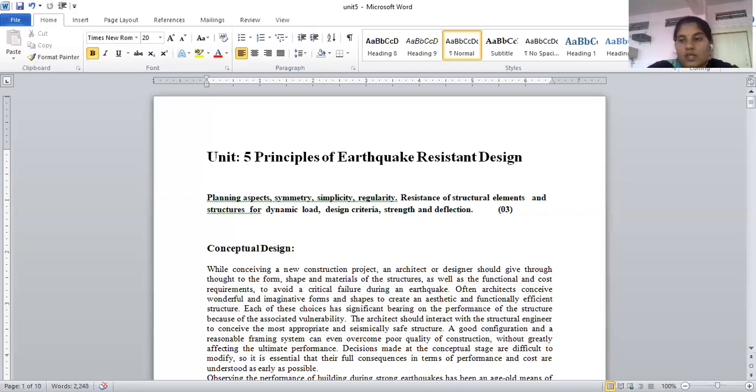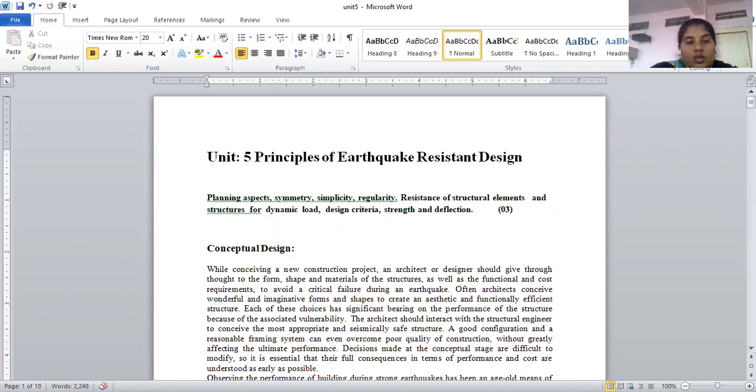So from this simplicity and symmetry, what you have understood is that if our structure is simple and we have achieved symmetry and simplicity in the building, then automatically there is no problem for the equal transfer of load from the vertical members towards the horizontal members and towards the soil also. So for that purpose we have to go for planning aspects like symmetry and simplicity. Now we'll move towards the shapes which we'll consider for symmetrical and unsymmetrical buildings.